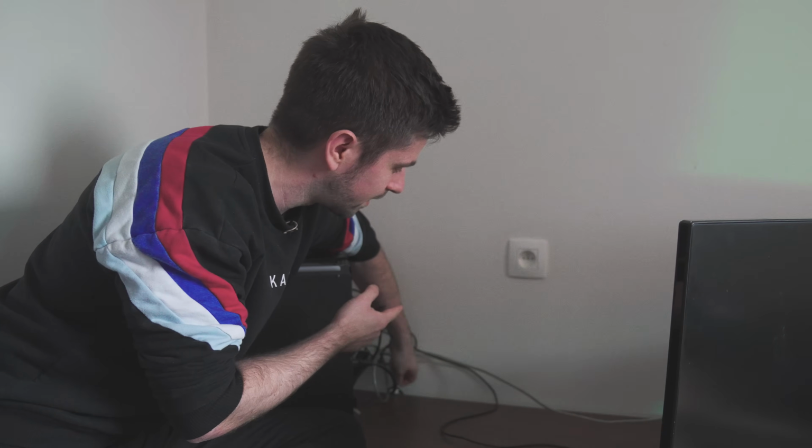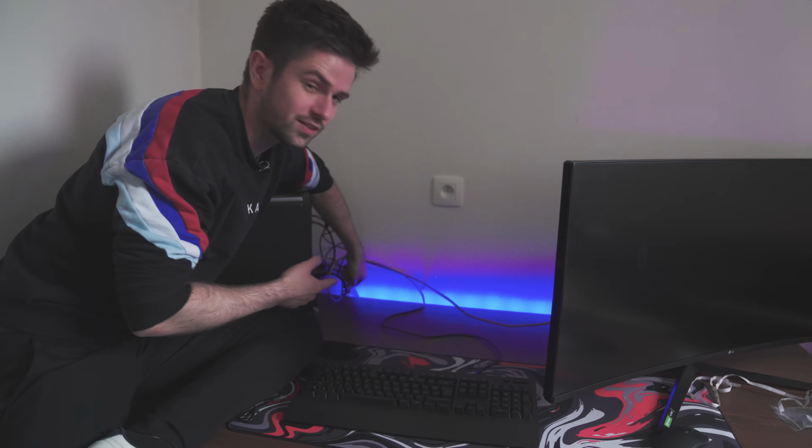Okay, so the strip is actually working, so definitely worth the price. And with the controller on the back we can enable some themes. We can also just change the static color, so blue looks pretty clean. Let's reposition the monitor, and we never have to worry about turning them on because they're just plugged in the